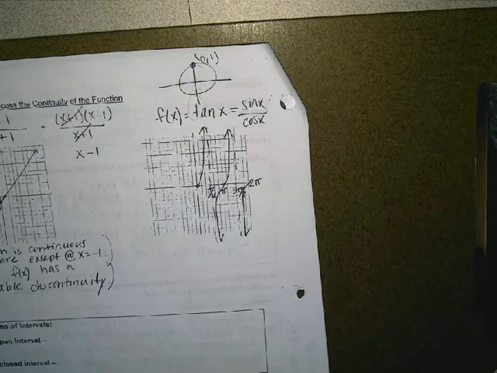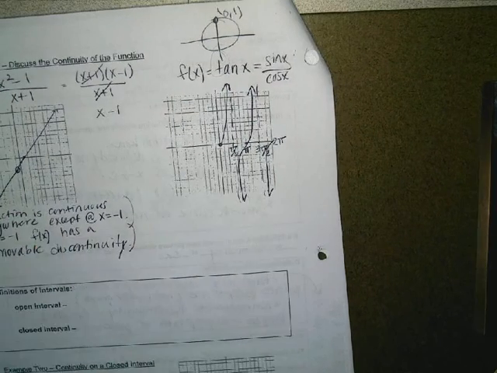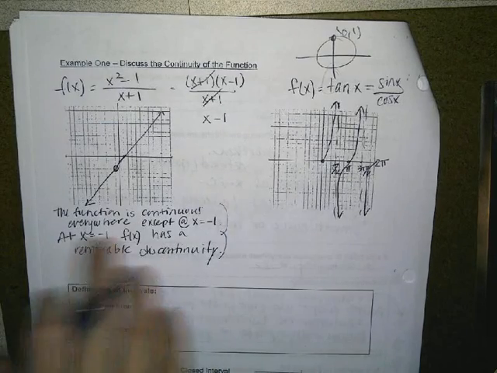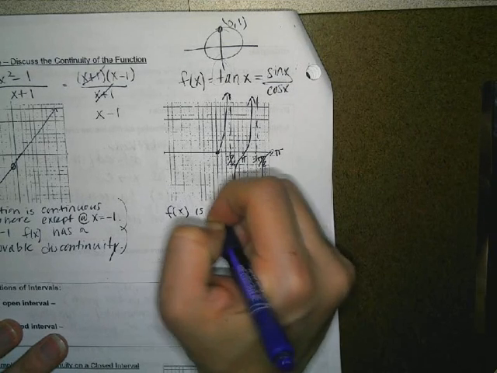With the graph, if you discuss the continuity, you have to make a continuity statement first. So we would say the function is continuous everywhere except, and then we'd have to fill that in. Now you could probably simplify that. Instead of saying the function, you could say just f of x, if you want to shorten it up a little bit. f of x is continuous